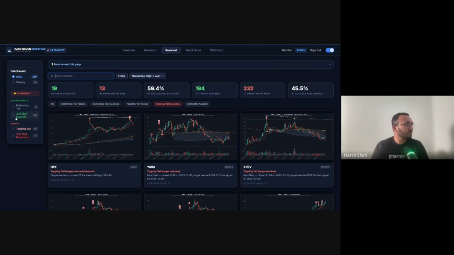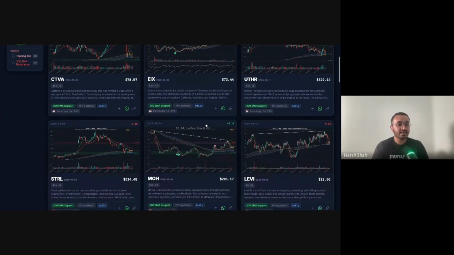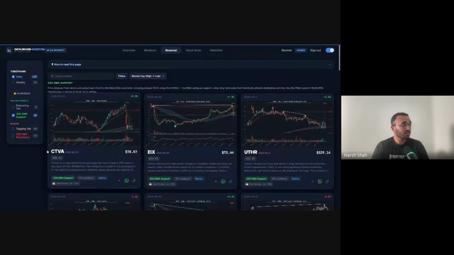Next one is the 200 EMA support. And this is the exact one that I was talking about, where I found the setup of Tesla. I'll show the setup in a moment. But here the goal is, if the stock is stretched to the upside and it is falling crazily, it will come to the EMA and it will alert me that the stock has dropped and it is coming to a support level. If you really like it, this might be the time to act on it. Or maybe start DCAing in, and you'll get different setups. So this was the reversal scanner.